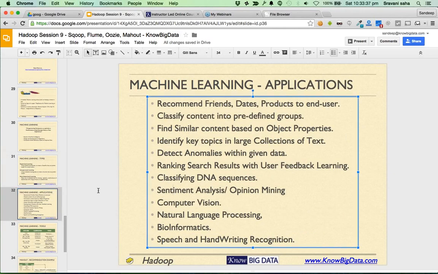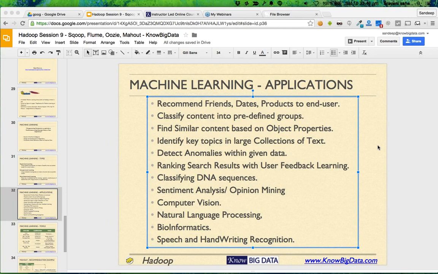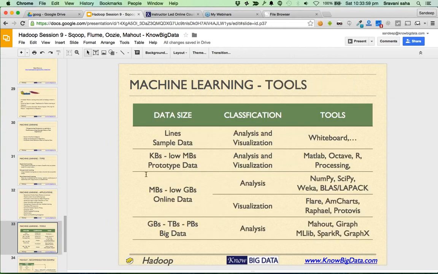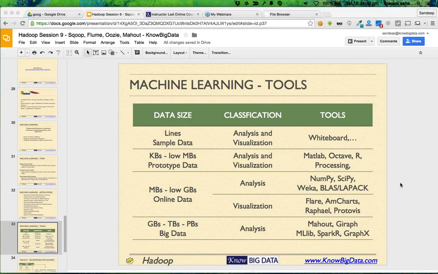All right, so you can do a lot of things with machine learning. Anything which humans found difficult to do, machine learning comes to the rescue, provided you have enough data. Including image detection, DNA, speech recognition, handwriting recognition, and everything is being solved using machine learning. Although machine learning is a completely different branch and a huge thing to learn,